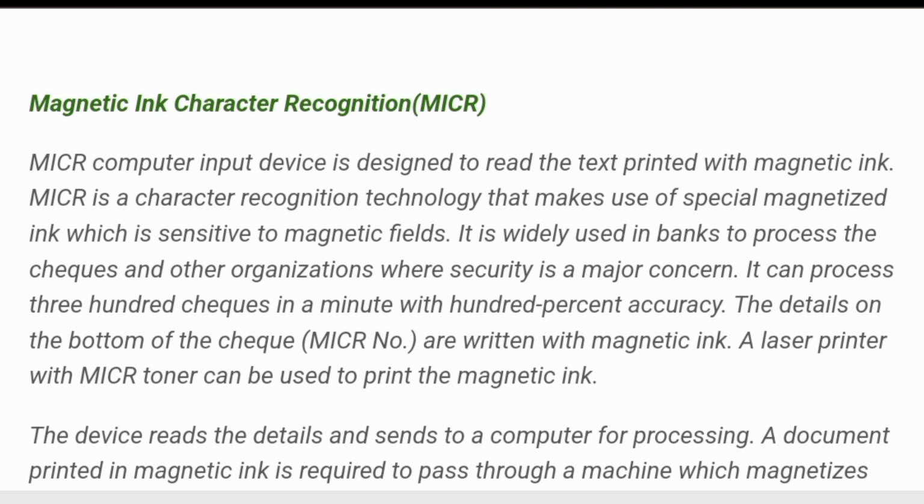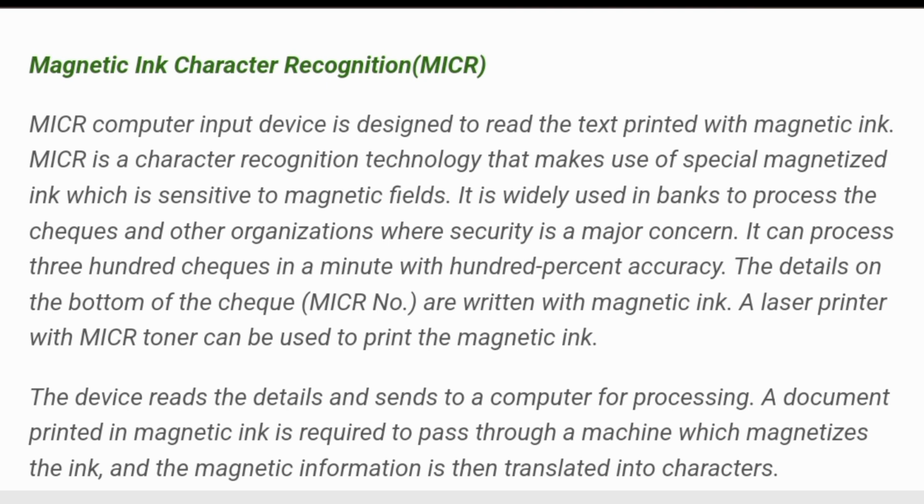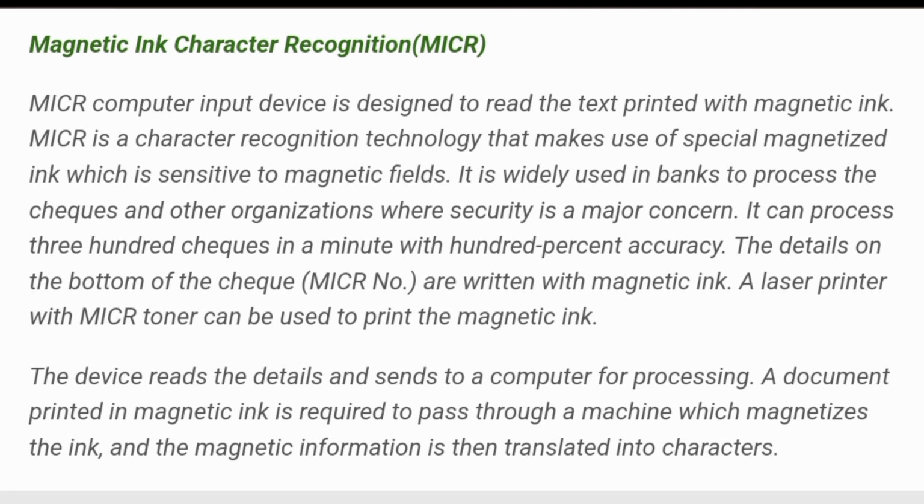MICR is a character recognition technology that makes use of a special magnetic ink which is sensitive to magnetic fields. It is widely used in banks to process checks and in other organizations where security is a major concern.